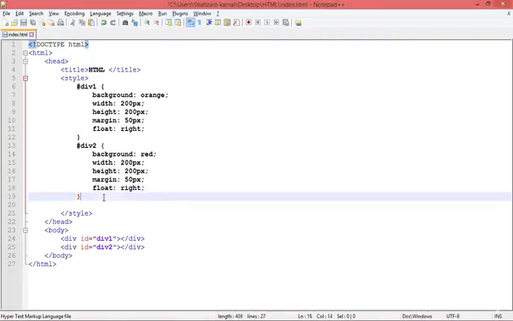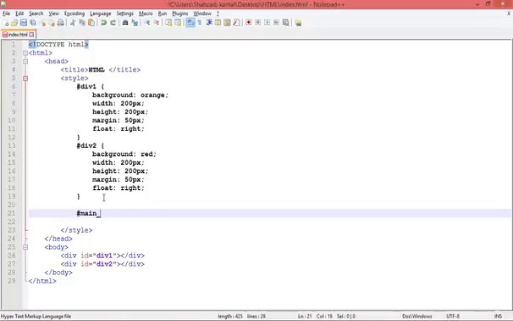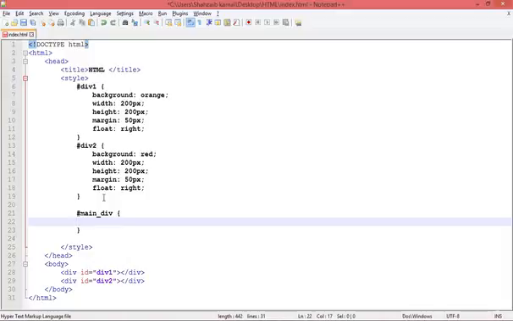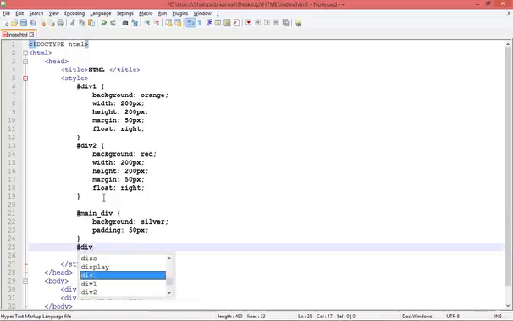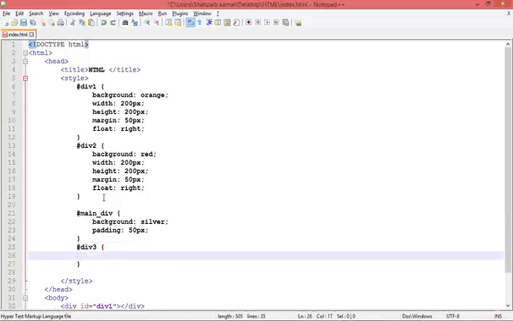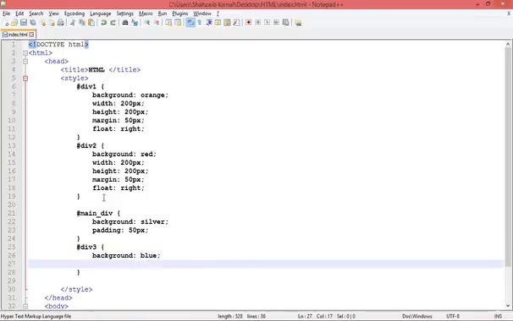Another interesting rule you must learn, if I just go down and I just make main div, okay, and I'm just putting the background with this main div. I'm giving the background as silver, okay, and the padding as 50 px. Save and go down and create the div 3. Awesome. Background color as red. Oh no, sorry, not the red now, just blue is okay, and the width I'm giving as 50 px,